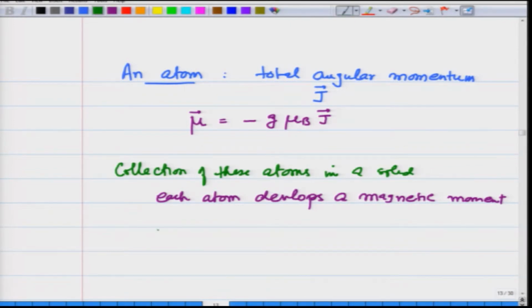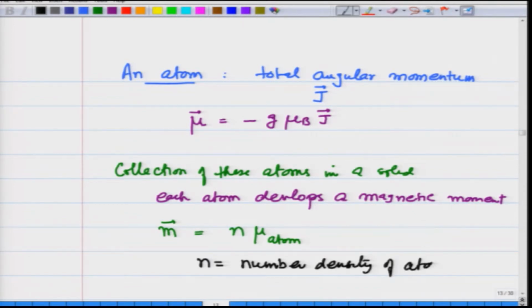The total magnetic moment M of the system is going to be equal to n times mu atom, where n is the number density of atoms. So, this M should be called the magnetic moment per unit volume or the magnetization. So, what I want to now calculate is how this mu atom is given as a function